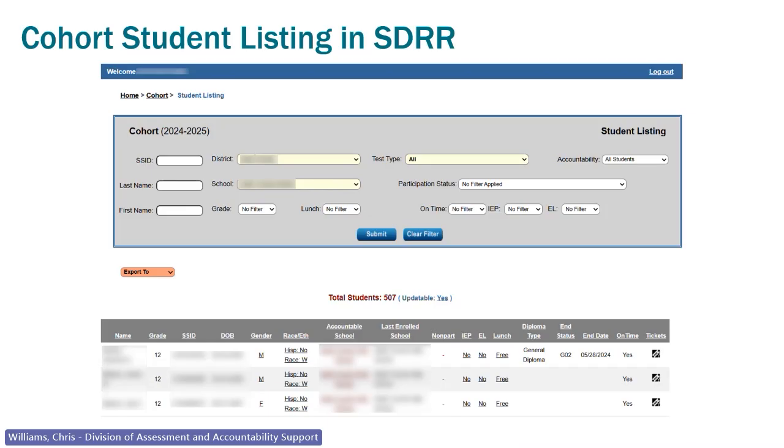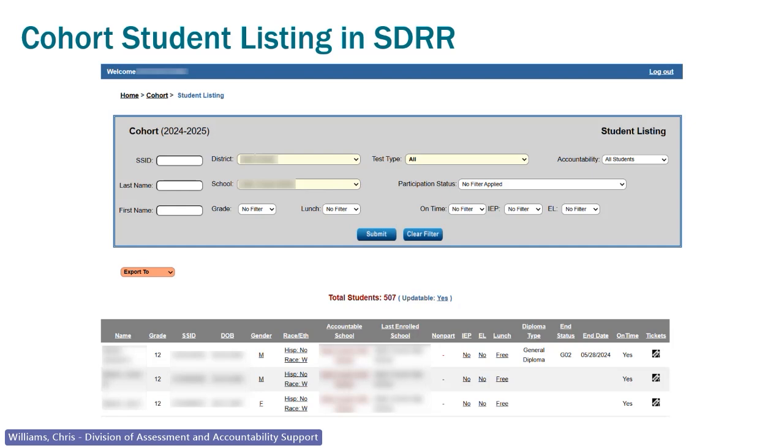So when it says yes on that on-time status, all students who graduated in 4 years for a 4-year report or 5 years for a 5-year report with a regular high school diploma will be that. Note for preliminary reports, grade 12 students with blank statuses are temporarily set to on-time status.